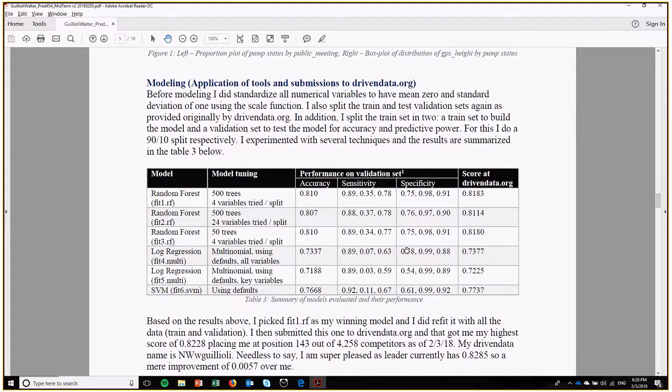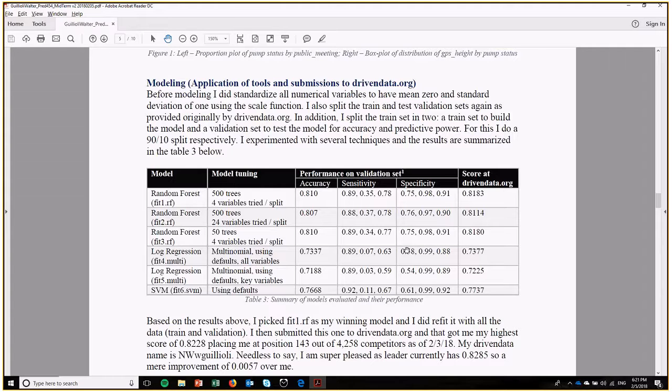In terms of modeling, I tried 3 different techniques, but I mostly did random forests. I just got excited with it, and I played with different factors. You can see the summary there. In the first one, I tried just the defaults that the algorithm offers. In the second one, I tried to force the algorithm and tune the parameter and say, hey, try all the variables at every split. This took forever, and it didn't give me improvement at all, interestingly. And the third one, I just tried to say, okay, let's build, instead of 500 trees, let's do